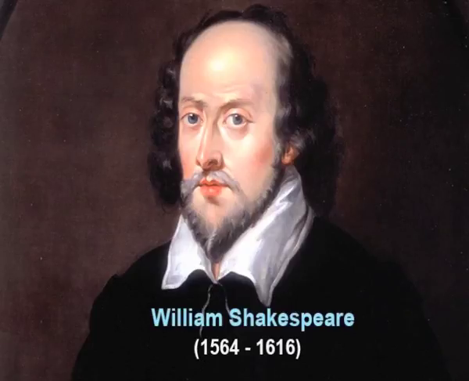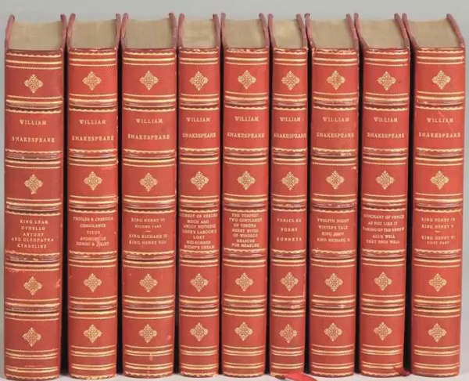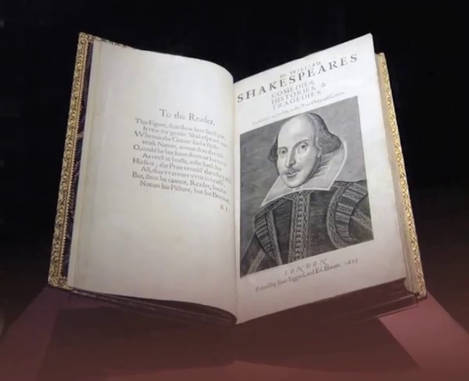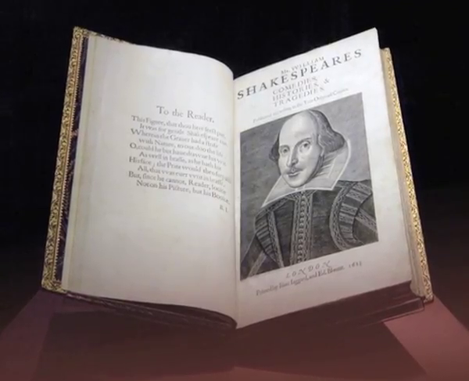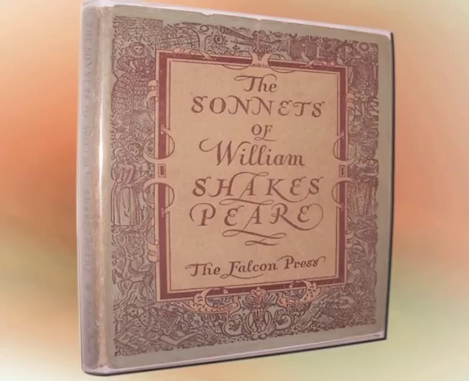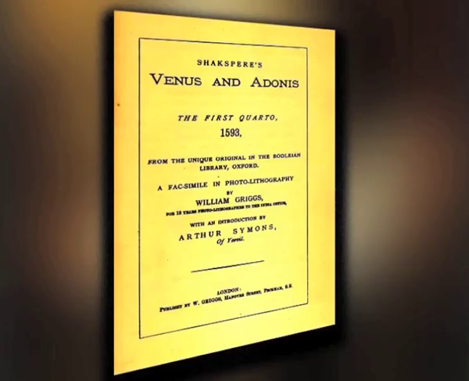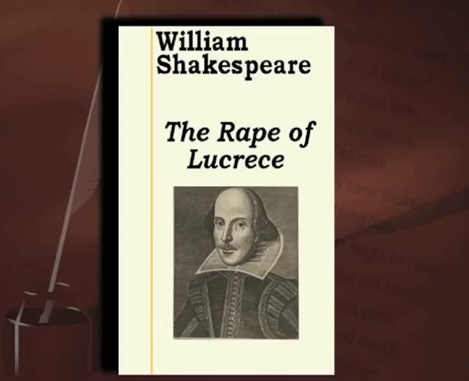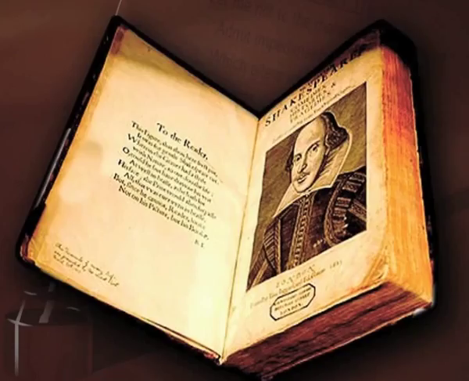William Shakespeare, dramatist and poet, lived and worked in the 16th and the 17th centuries in England. Primarily known, of course, as a dramatist, he wrote 38 plays and they have achieved for him international fame, recognition, acclaim. William Shakespeare also wrote poetry, a sequence of sonnets comprising 154 sonnets, longer poems such as Venus and Adonis and The Rape of Lucrece, and also some poems of which the authorship is disputed.